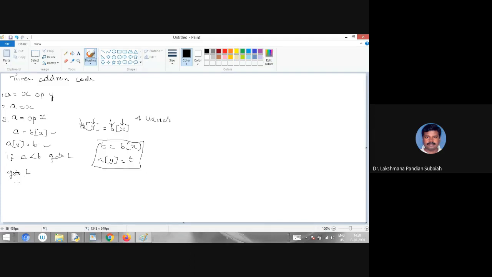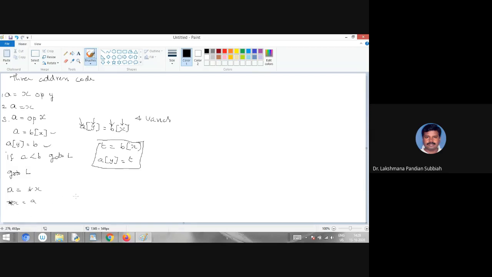Next, if you have a pointer, A equal to star of X, or otherwise star of X equal to A. So this is the pointer statement.